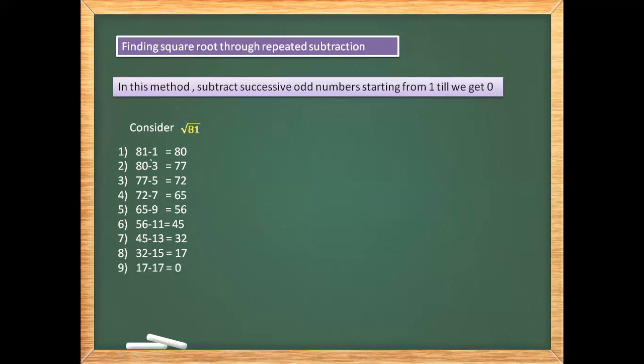Now, after doing this subtraction, finally I got 0. Now you have to check in which step you are getting this 0. Ninth step. In the ninth step you are getting the answer as 0, and therefore the square root of 81 is 9. See, 9 nines are 81. So I know the square of 9 is 81. So that's why the square root of 81 is what? 9. Reverse operation. Are you getting, children?